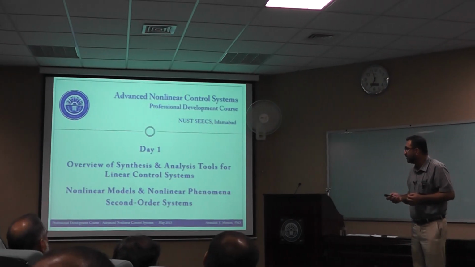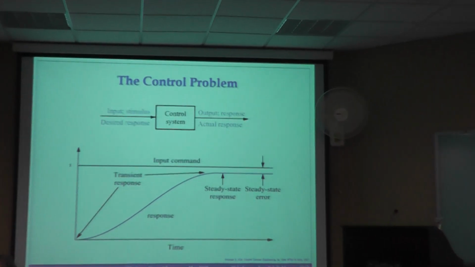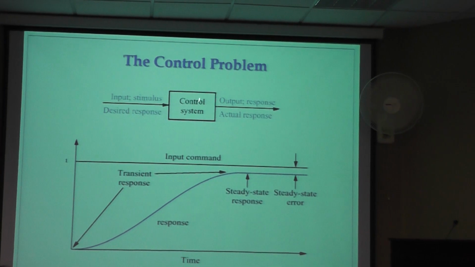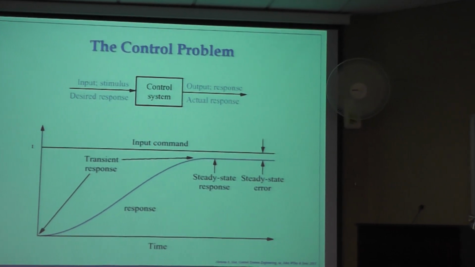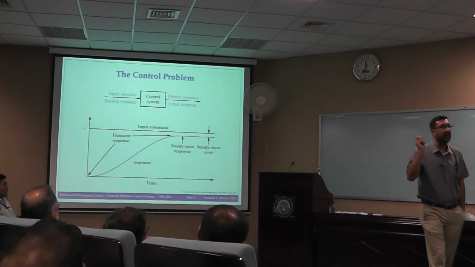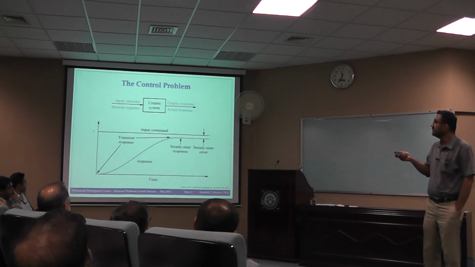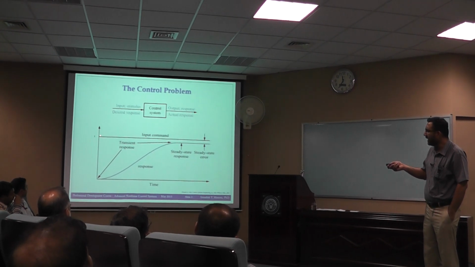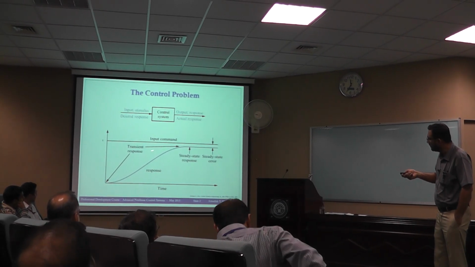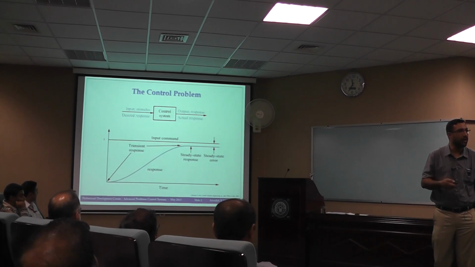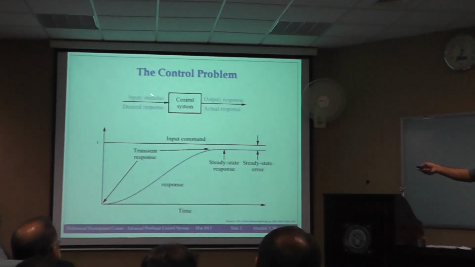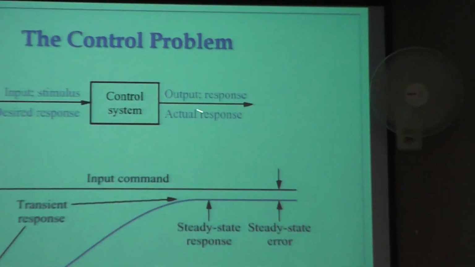So let's get started with the A1. This is a problem we are very much familiar with. I'm just looking at an open loop problem at this moment. I have a black box system, and I call that system a control system, and this system is driven by an input, and I get an output. Or I want a desired response, and I get an actual response. So this is a typical input command that I give, and I get a response like this, or it could be like this, depending on what kind of overshoots I have. That will be the requirement of my desired or actual response.